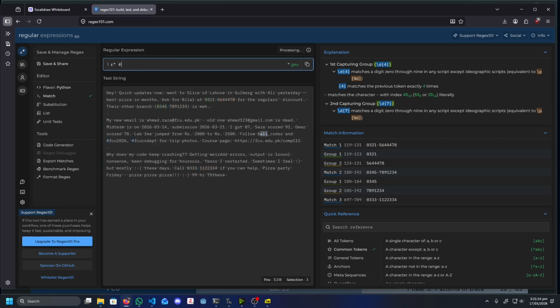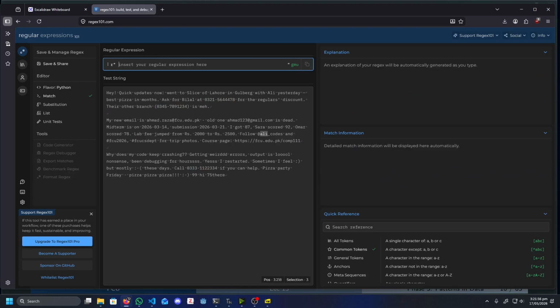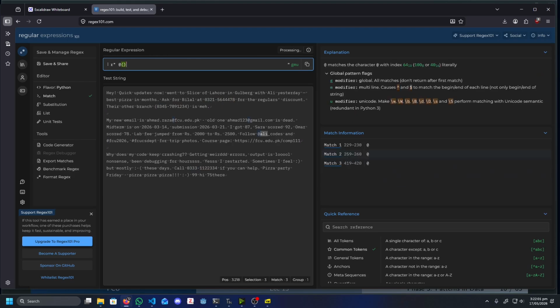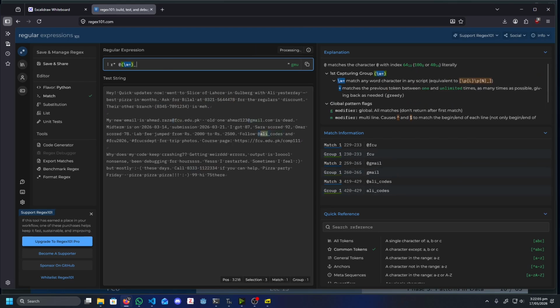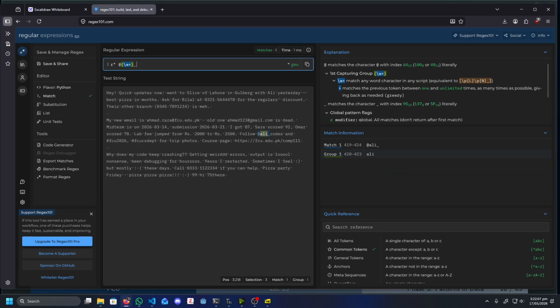It's going to be the @ sign, where, yeah. And then you create a group, and then you say it's going to be a word followed by an underscore, and then followed by codes, for example, because codes you're not interested in. This is the only thing that you're interested in, the name. So it gives you the match, the entire thing, followed by the group that you can separately extract in the